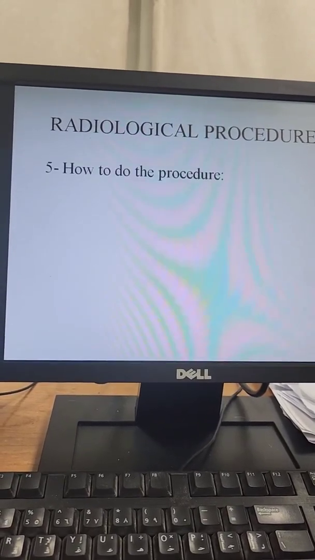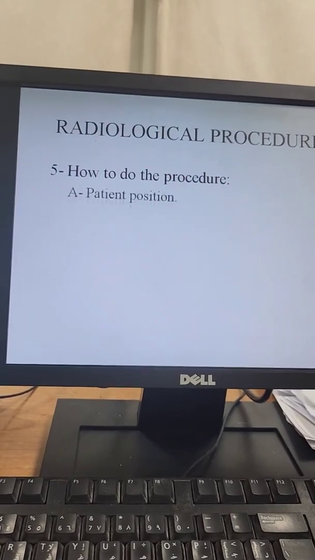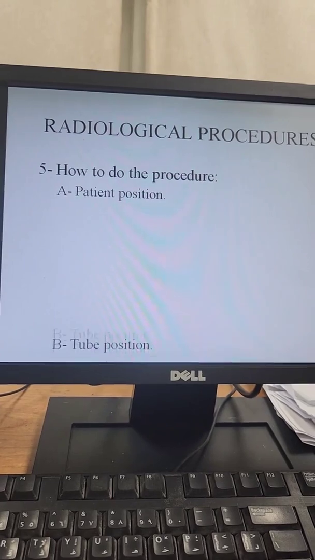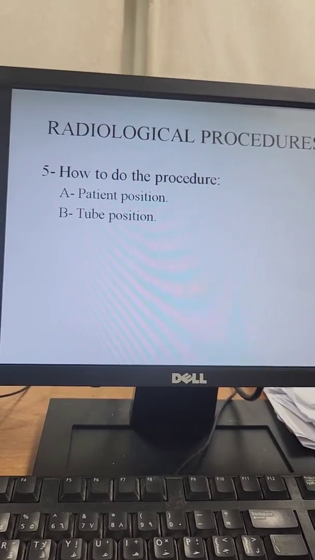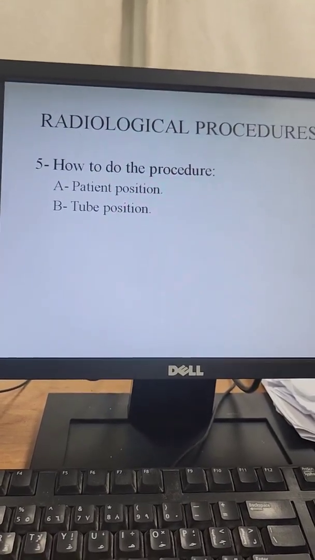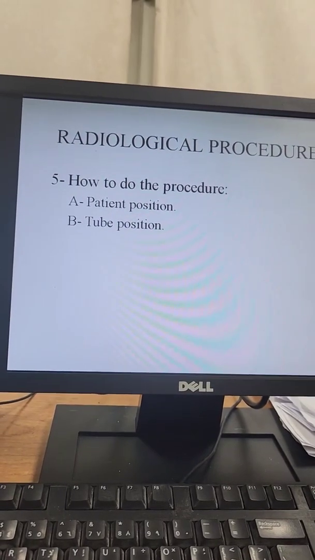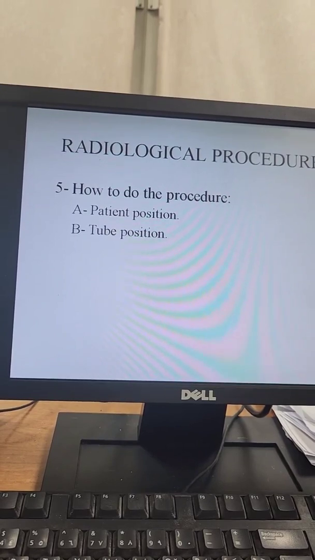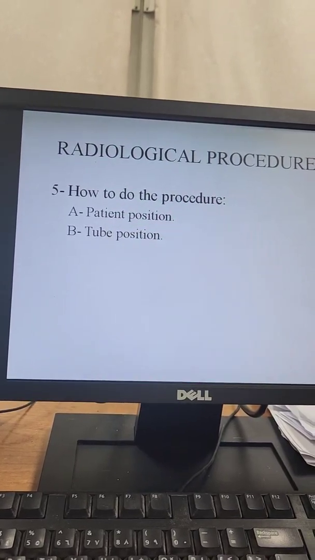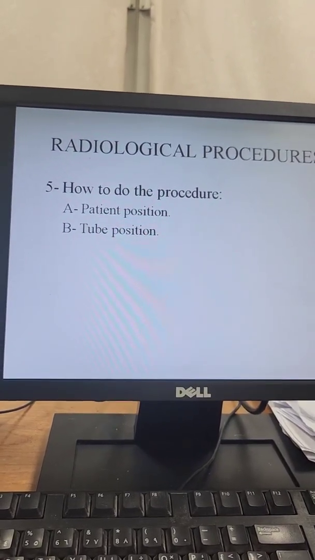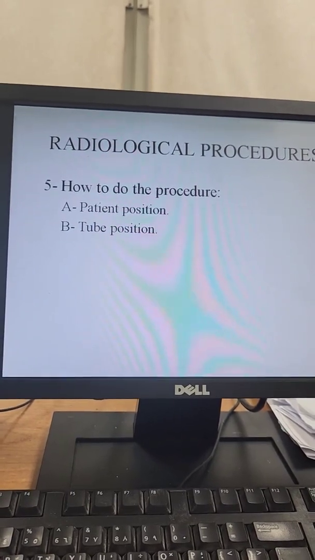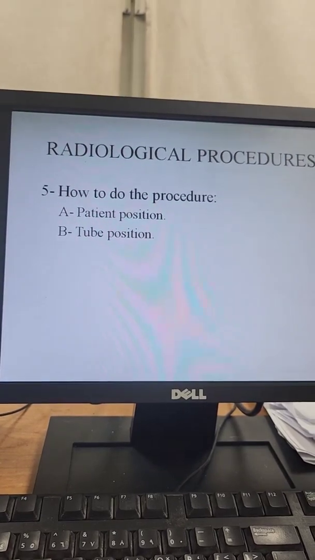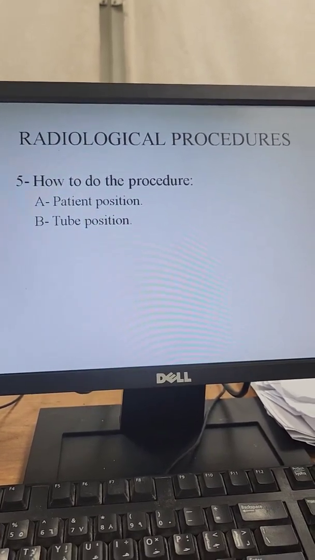Okay, so how to do the procedure? Patient is lying supine in the CT scan, and then we are using one of the two techniques. The first technique is test bolus examination, and the other technique is bolus tracking. In test bolus, we are giving a small amount of contrast media and doing repeated cuts of the